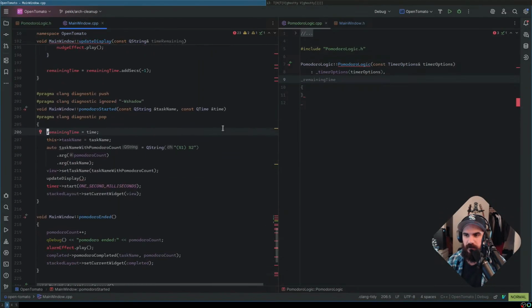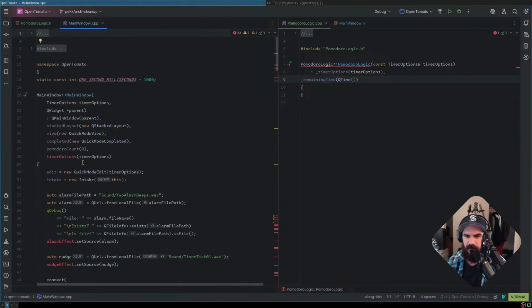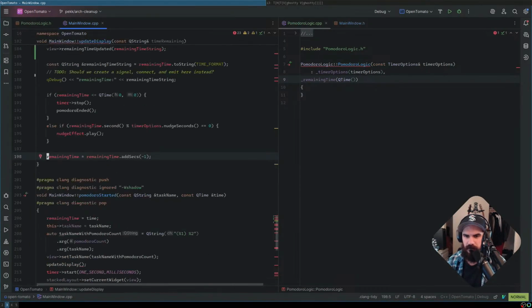Oh, that just was never set anywhere. I guess remaining time is what? QTime? I never initialized that before? That's weird. It was only in the Pomodoro started.